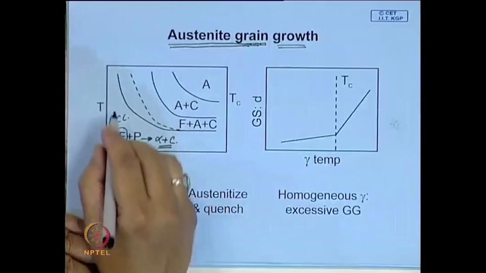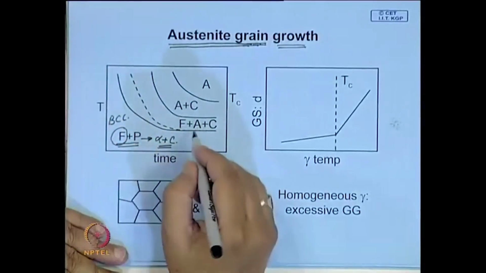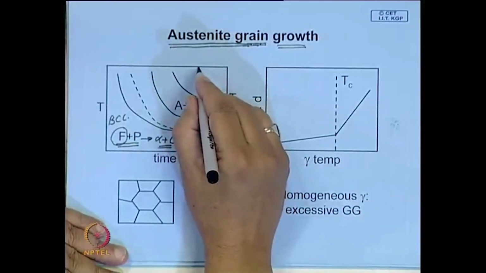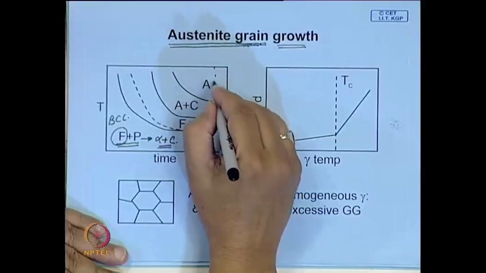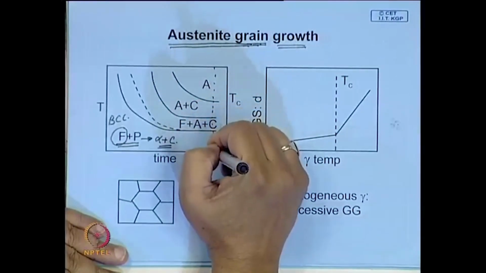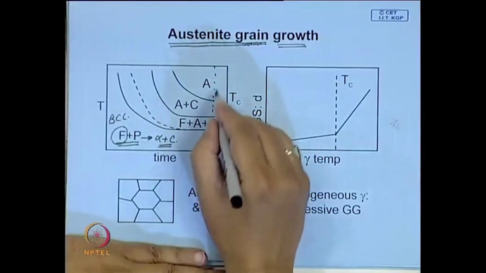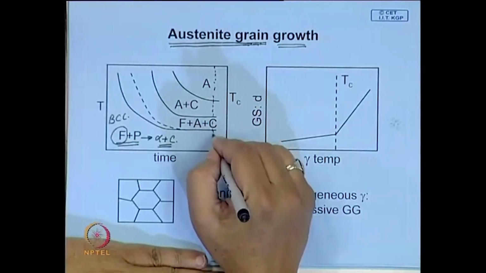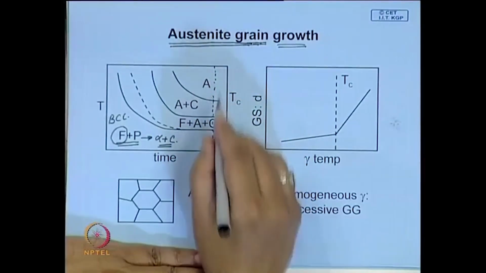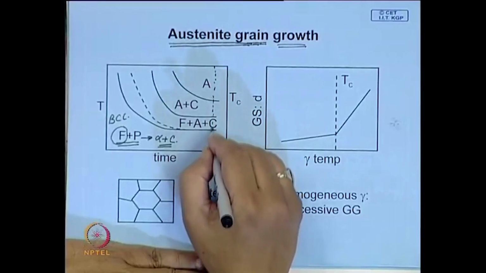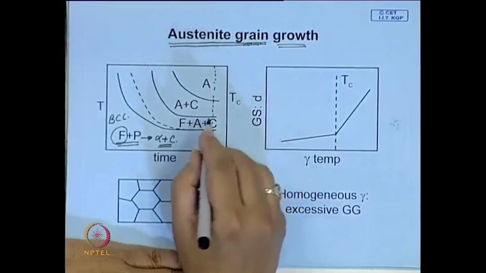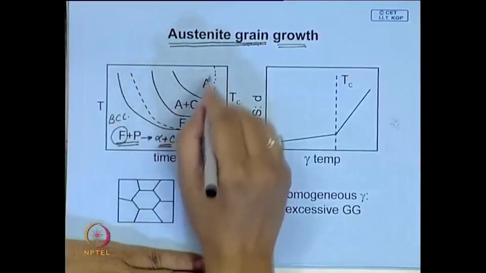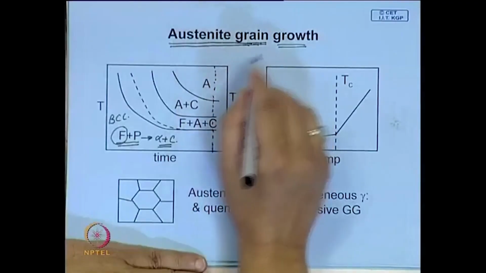And when you heat it to a particular temperature, in most cases the soaking time is fixed, maybe a few hours, say 1 hour, depending on the size of the stock. It can even be several hours long depending on the stock size that you have. And when you heat it, say you are heating it at this temperature, and this austenizing temperature is definitely a function of